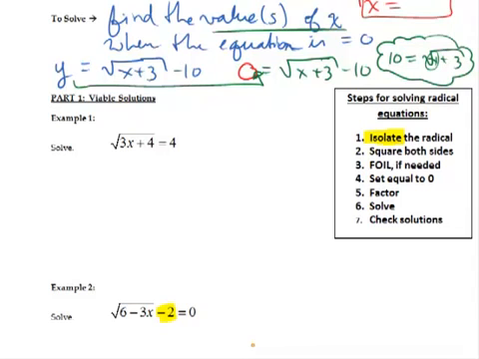To get rid of the radical, we're going to square both sides. Sometimes you will need to FOIL, sometimes you do not. This first one is a not example. We will see one later where you FOIL. If you have FOILed, then you may have to set equal to 0 and factor. So these might go together in here. If you haven't FOILed, you might be able to skip all those steps and just move down to step 6, which is solving. Once you have solved, again, that means you have your x equals as your answer in here,